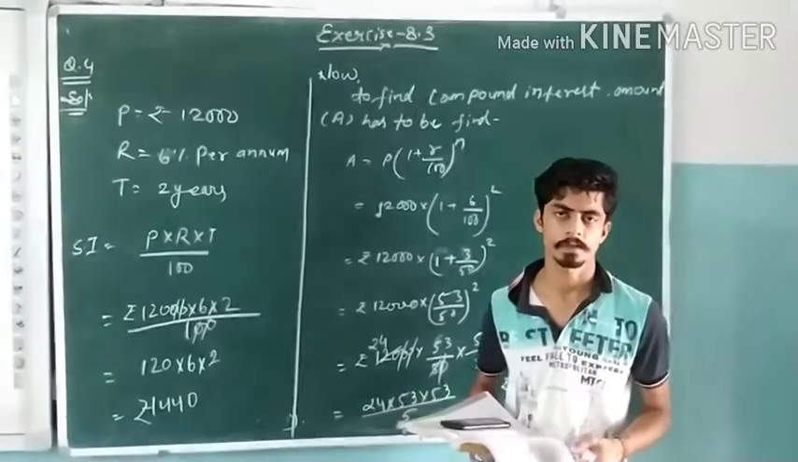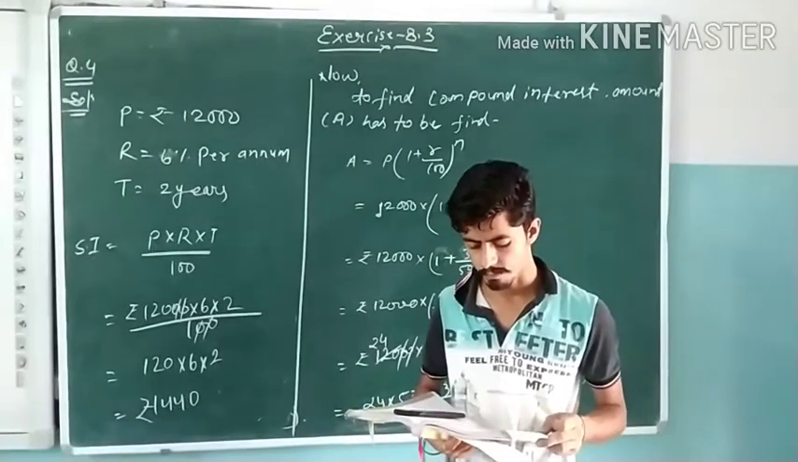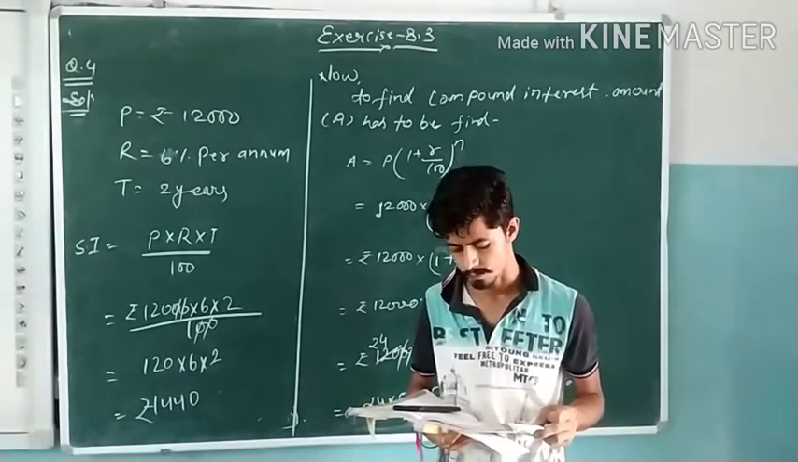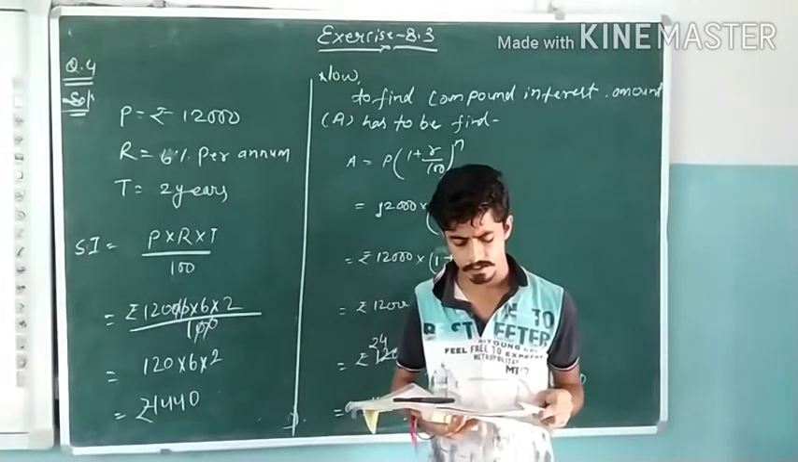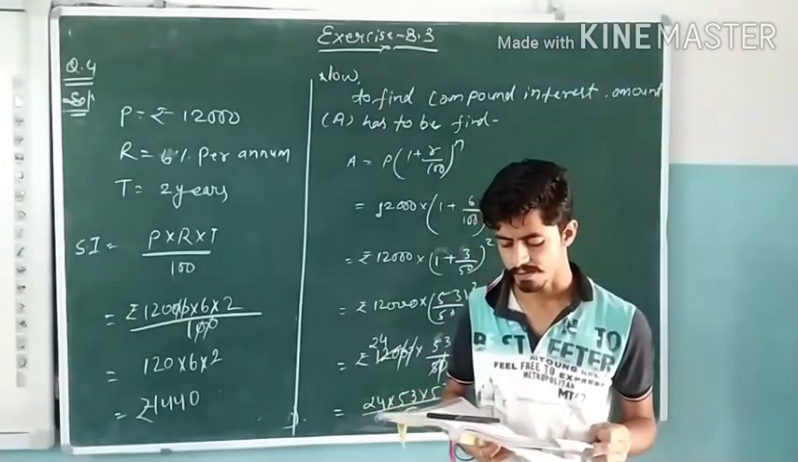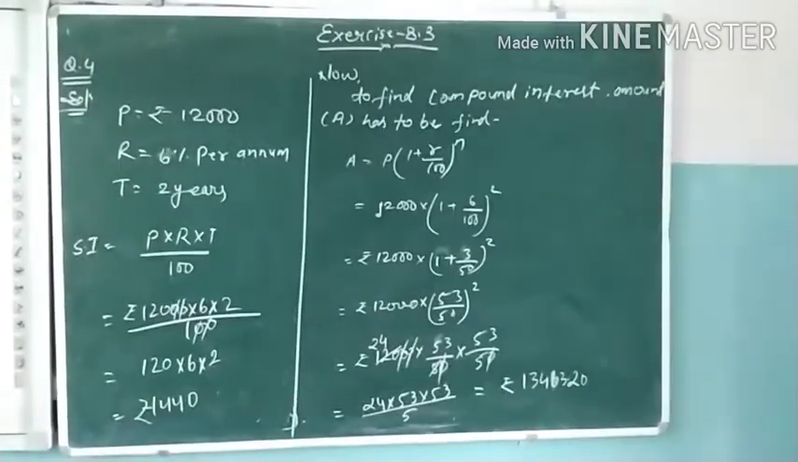The question of exercise 8.3 is question number 4, and the question is: I borrowed rupees 12,000 from Jamshed at 6% per annum simple interest for 2 years. Had I borrowed this sum at 6% per annum compound interest, what extra amount would I have to pay? So in this question,